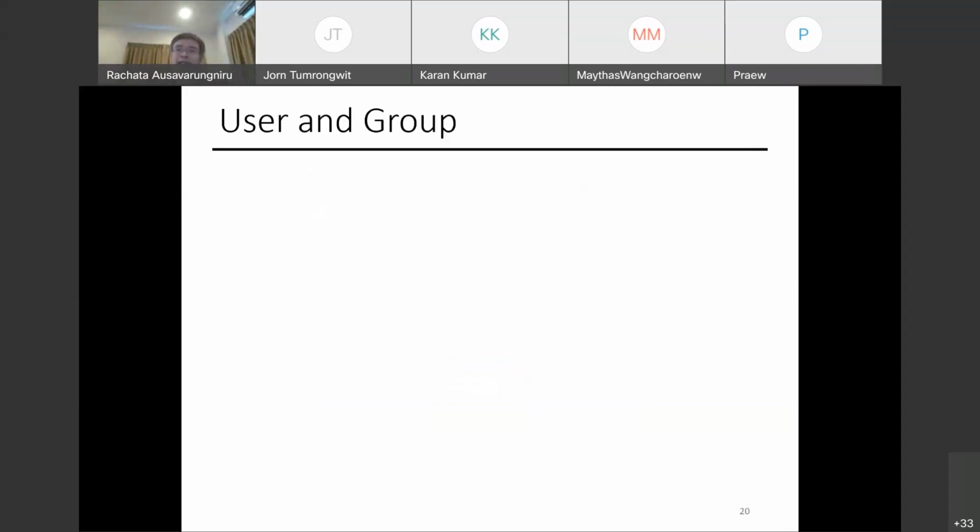Now let's go to another thing, permission control. Who can access the file, who can access the directory, and how to manage an environment where there are so many users on a server, right? It's kind of like managing a society. There are so many users who want to use the earth and its resources, so you need to manage who gets permission to do what. In a computer, you can think of it as a mini world for all the users. Some users can do certain things, some other users cannot.